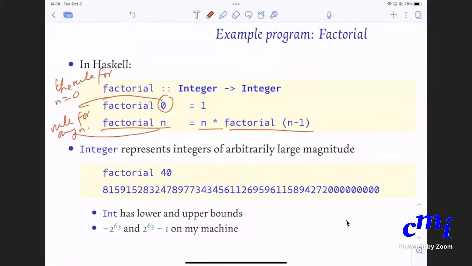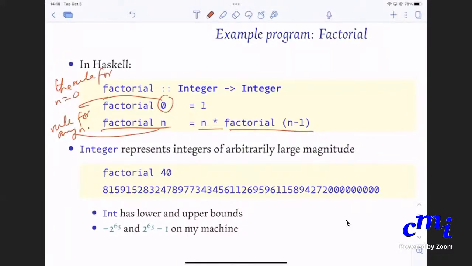I say rule for any n, but can n be 0 in the second case? No, because Haskell checks from top to bottom. The 0 case will be handled by the first rule, so you will come to the second rule only if n is non-zero. So n times factorial n minus 1 is fine.